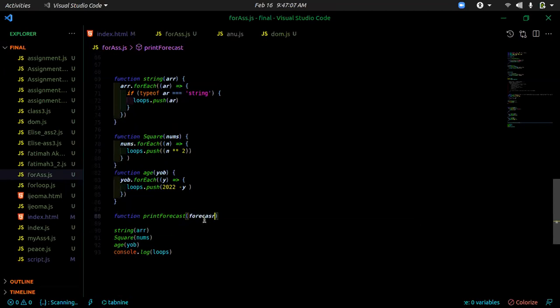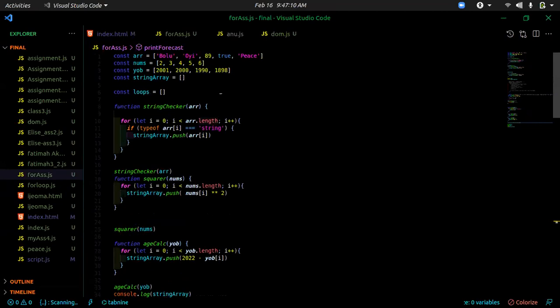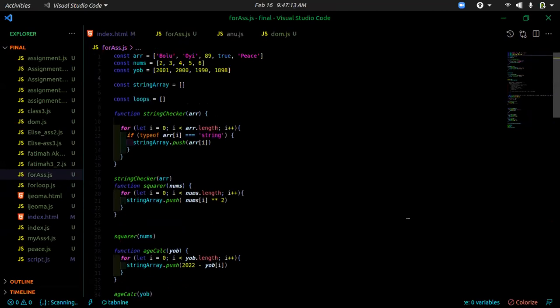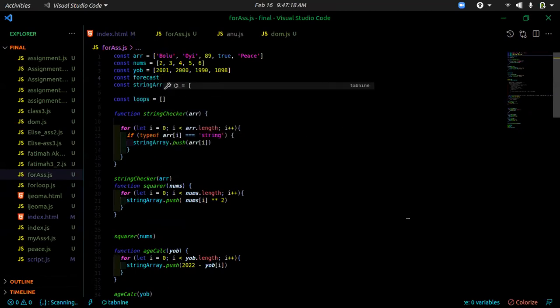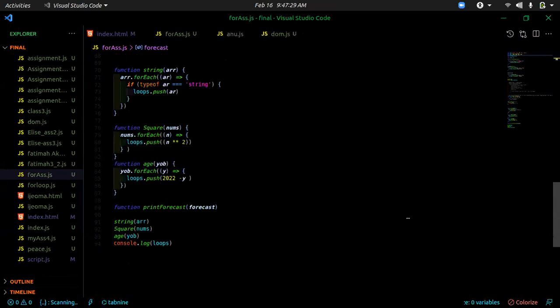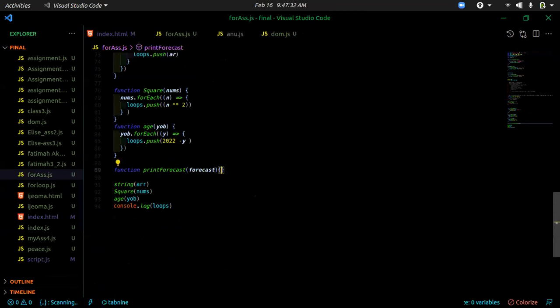Now let's name it forecast actually. So let me come up here and define the forecast array. So I say const forecast equals, then the test data that we had. The first one was 17, 21, and what? 23. No, we have that now. So what the print forecast does, let's see from the question, it logs a string like the above to the console. So it will log the string that says 17 degrees C in 1 day, 21 degrees C. Okay. So we want to log,